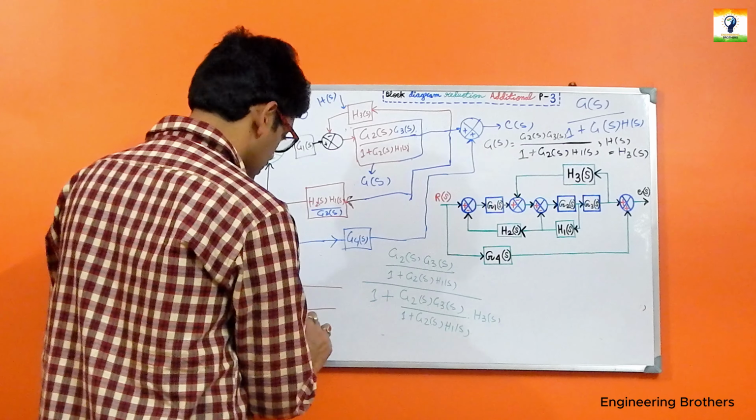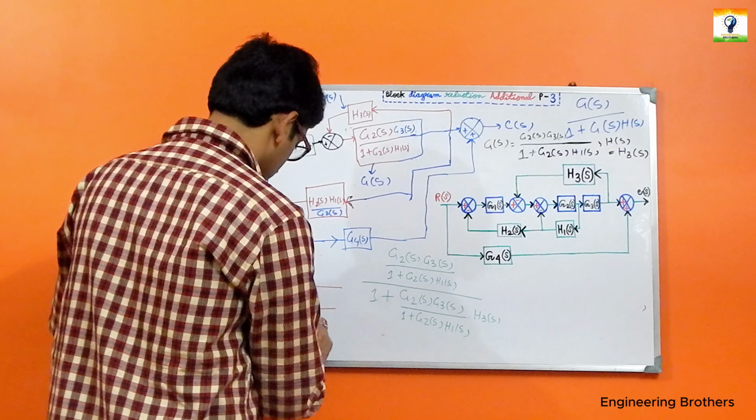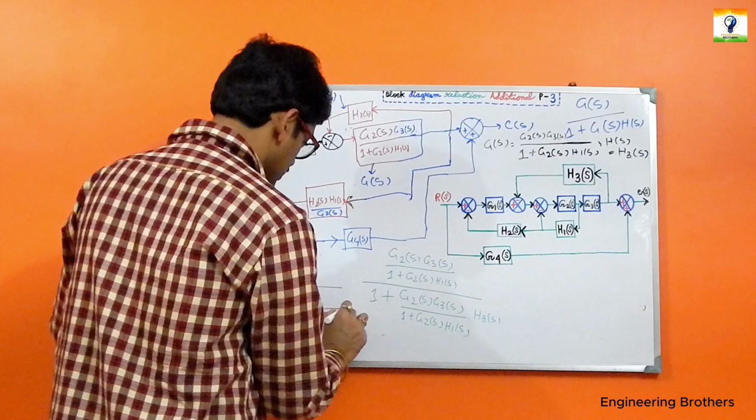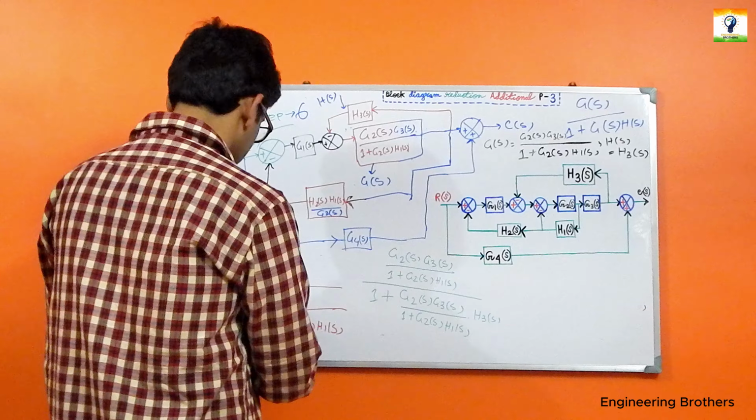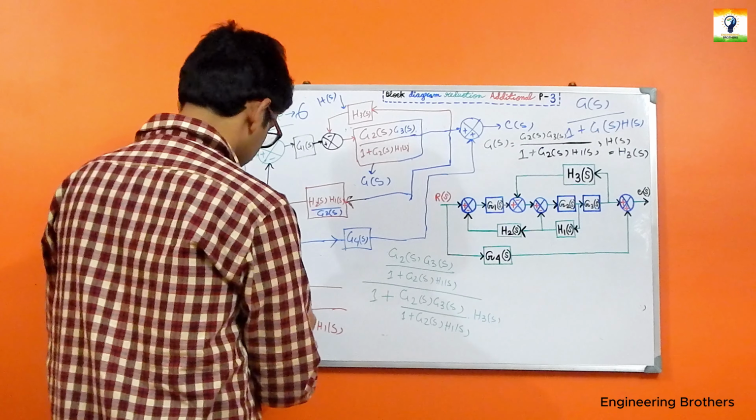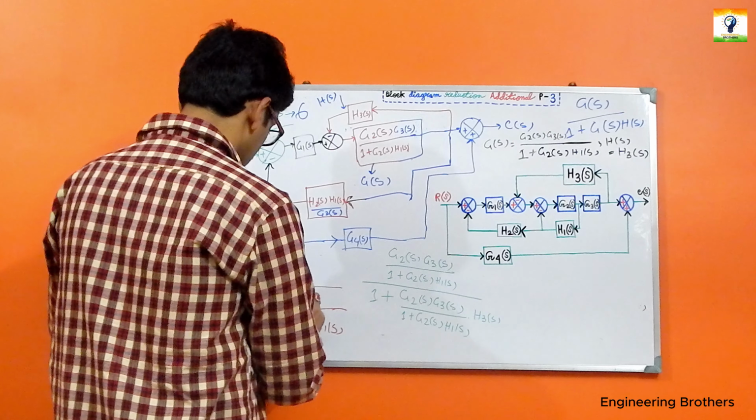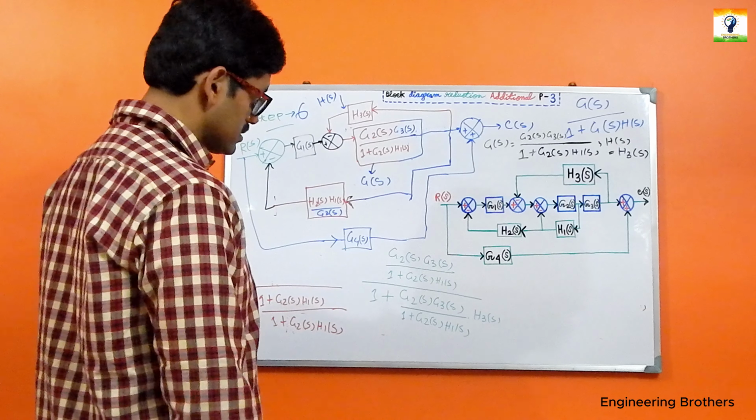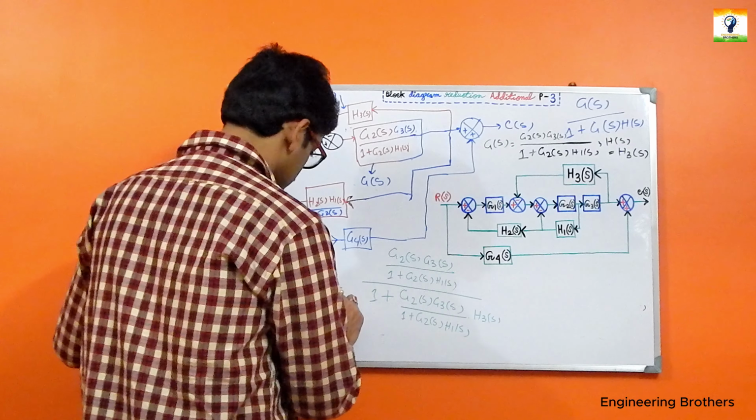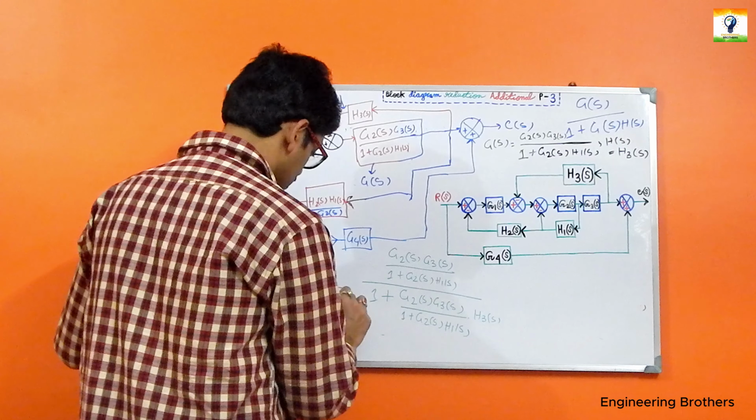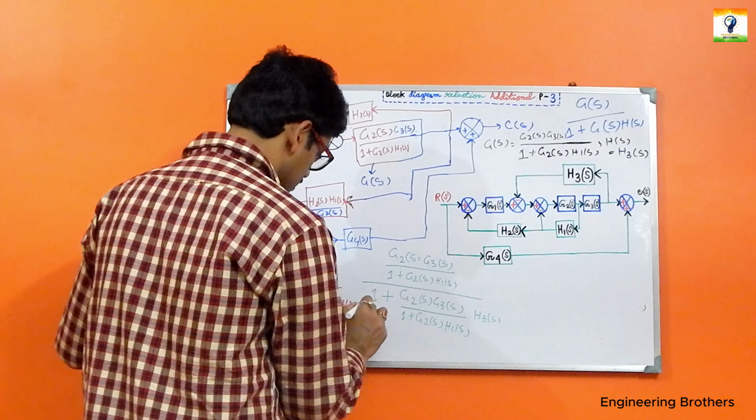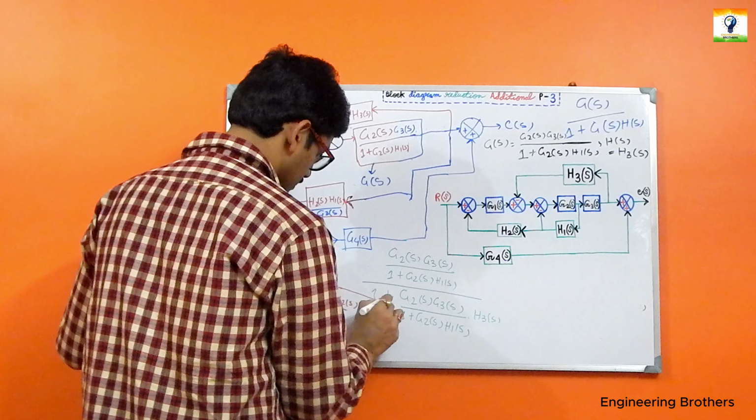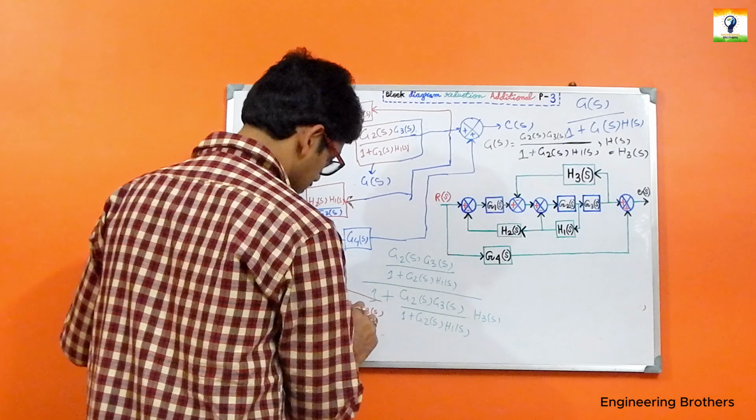The LCM for this one will be our 1 plus G2s H1s. If you just apply over here, we have got 1 plus G2s H1s, 1 plus G2s H1s plus our G2s G3s H3s,